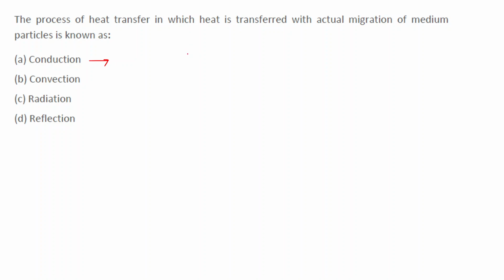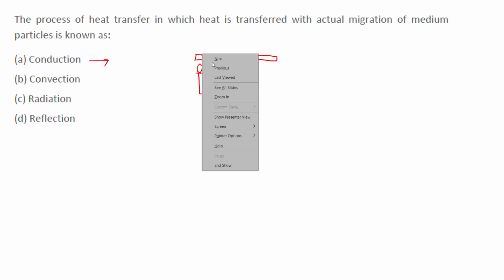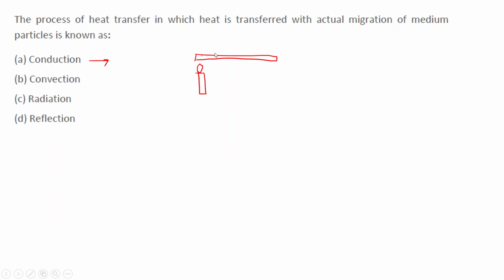Conduction happens in a solid body, where the body is rigid and the actual particles will not move. Say there is a metal rod and you're heating one end of this metal rod, then the other end will also after some time get hot, but here the particles of this metal rod will not be moving, but they'll start vibrating, and because of that vibration the heat will